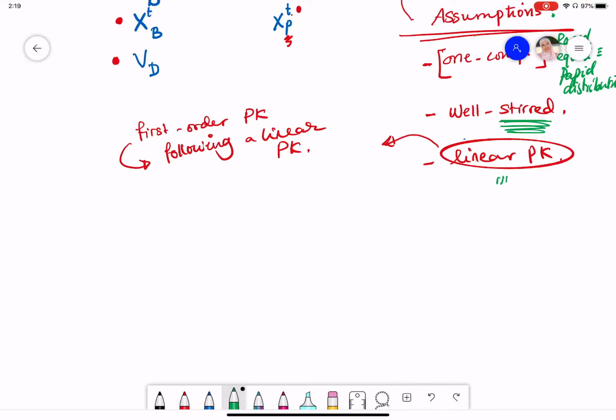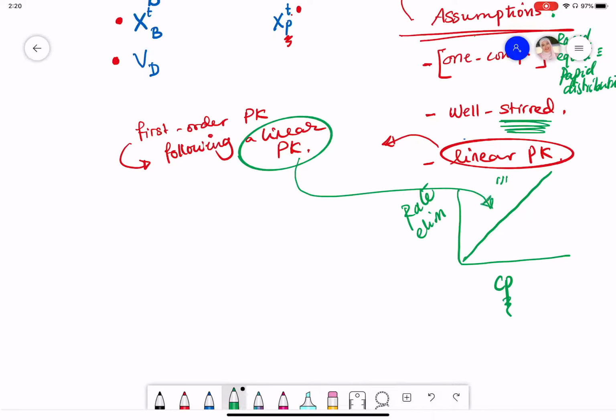monitoring, let's say in the biological fluid, in this case plasma or serum, has a proportional relationship between the rate that we are talking about, in this case elimination, and the concentration that is measured in the biological fluid. We call it a linear kinetic, because we have a linear relationship. And this is what we mentioned earlier when we talked about first order kinetics, right? And this is just a reminder,